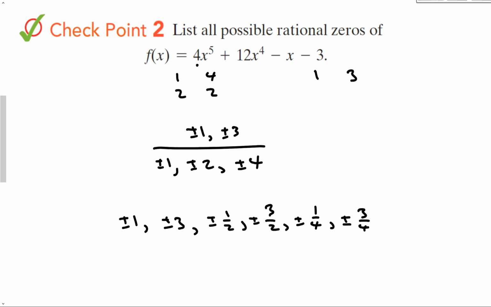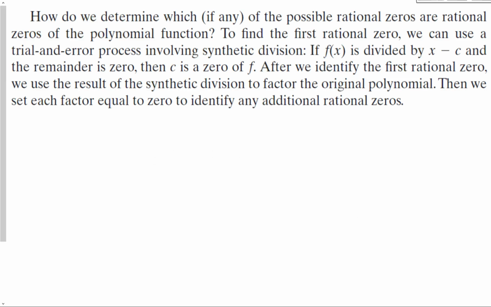And then I'm going to factor that out. I'm going to divide it out, and I'm going to be left with something a little simpler. And then I'm going to use any techniques that I can. Okay? So how do we determine which, if any, possible rational zeros are the actual rational zeros of a polynomial